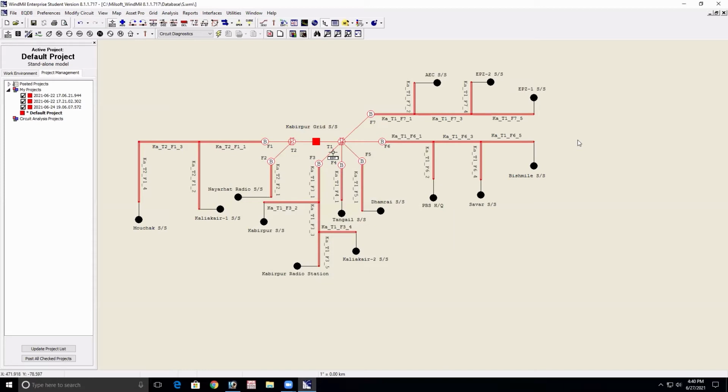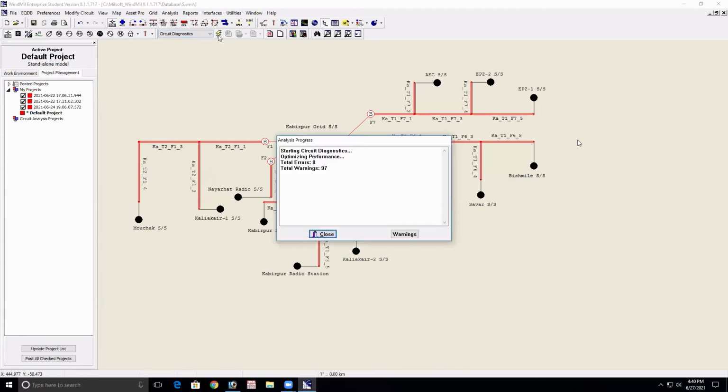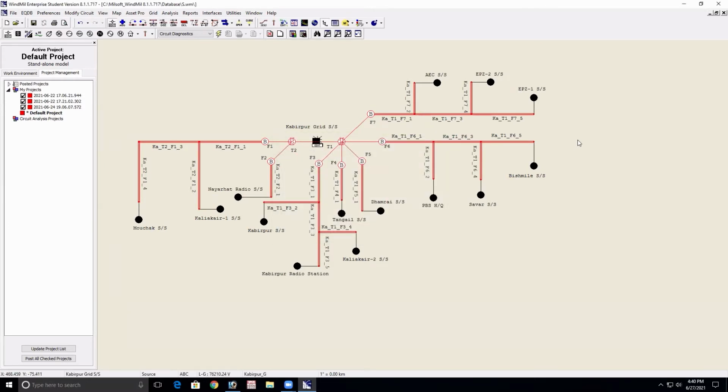Look at this thing. Previously our data's problem count is 98, yes or no? Tell me. Data errors, circuit diagnosis time. It showed 98. Now click it. Now look at these things, 97, and close it. So it's black now. When you put the data, then your system gives you the assurance that your system is okay for the next step.